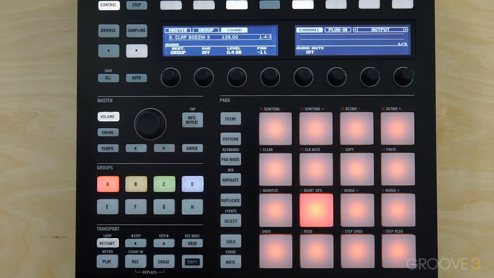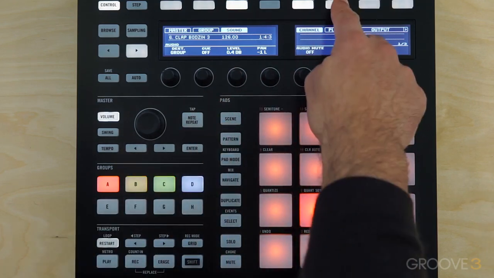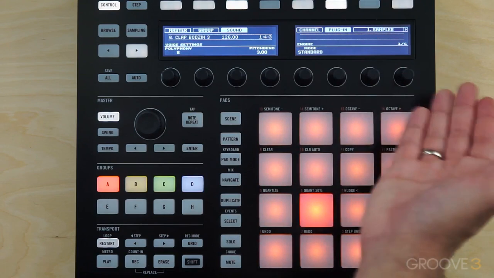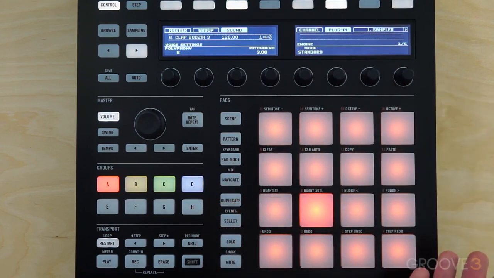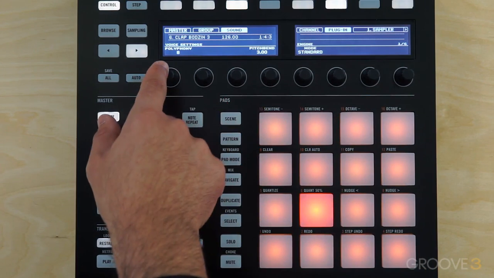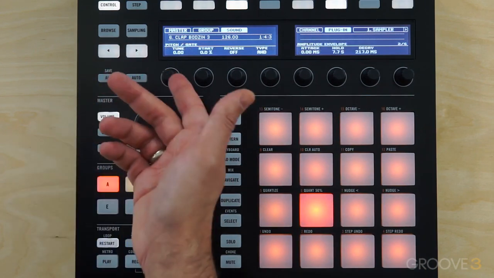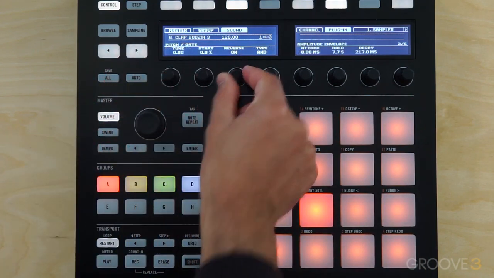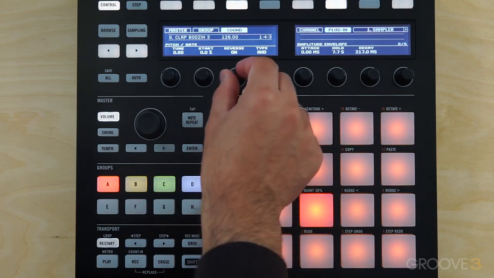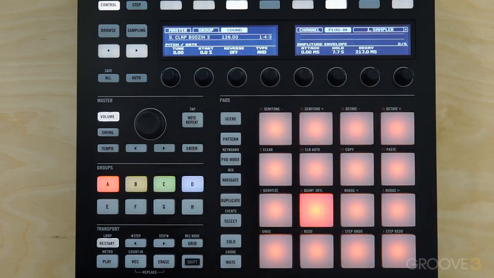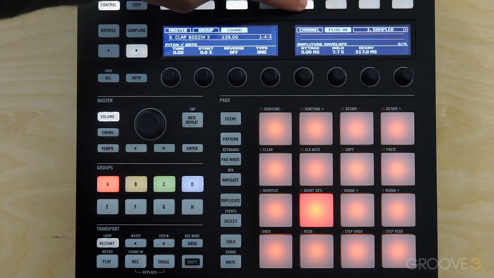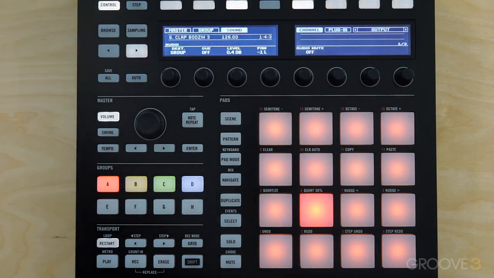Now right now we're looking at the channel settings, but if we switch over to plugin, we'll have a whole new set of parameters to look at. Now the plugin that we're actually looking at is the sampler. This is what's holding the sample, and so we're going to see parameters that are relative to sample playback here, such as polyphony, or if I switch to the next page, we have tune, start, and sample reverse. And on the right, you can see the amplitude envelope. So with that said, we can come out of this mode now. I'm going to go back to the channel setting,